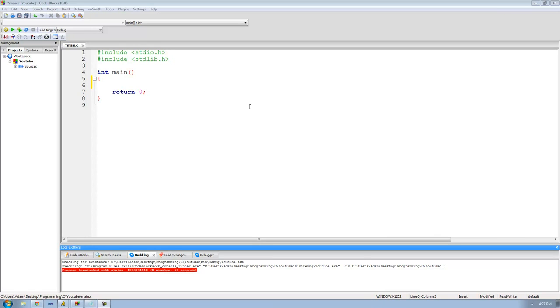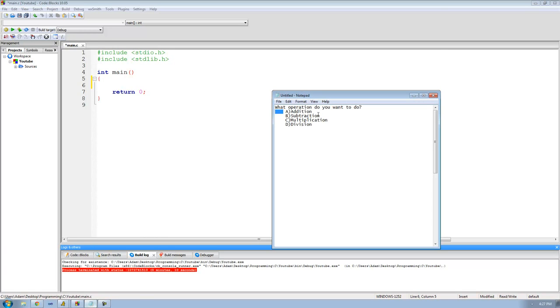to make a calculator. So the first thing that we needed to do is just ask the user what operation do they want to do. So do they want to do addition, subtraction, multiplication, or division, and this is what we want our output to